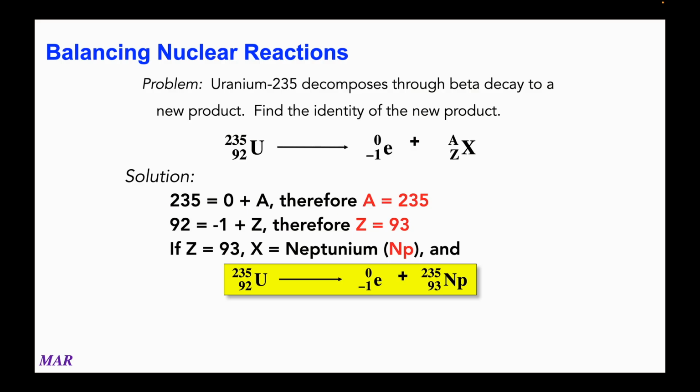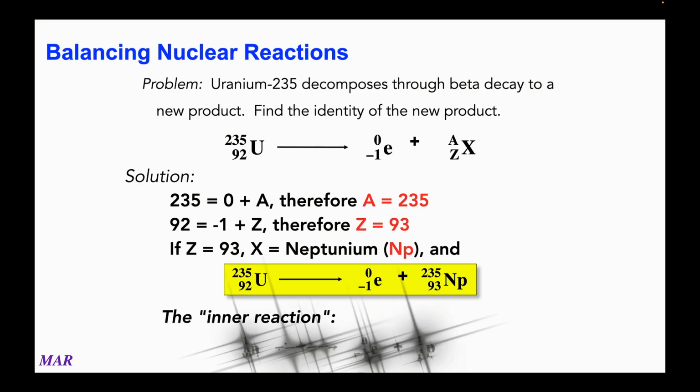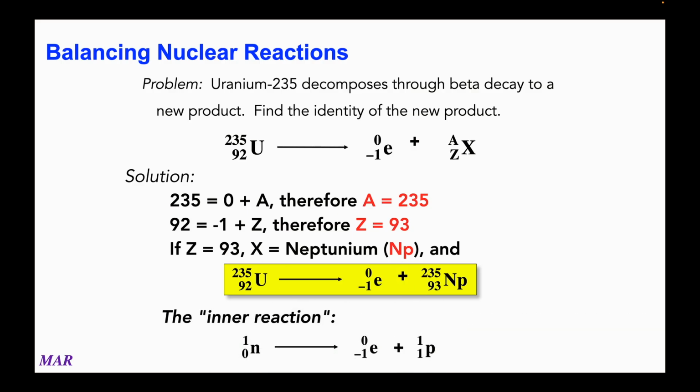You'd have uranium-235 breaking down to a beta particle, and you also have neptunium-235 as the other product. Cool. So that's kind of how this works. It's not too hard. What's really interesting here, though, is that in reality, one of the neutrons in